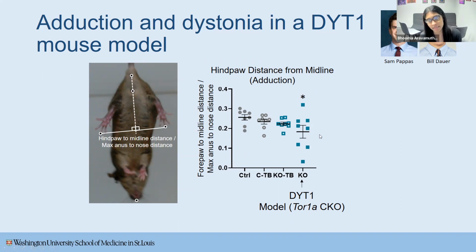And this gradation, seeing this difference, is not apparent when quantifying clasping alone, but is apparent when we think about using clinical metrics to quantify what is and is not dystonia. And why is this important? It's important because when we think about